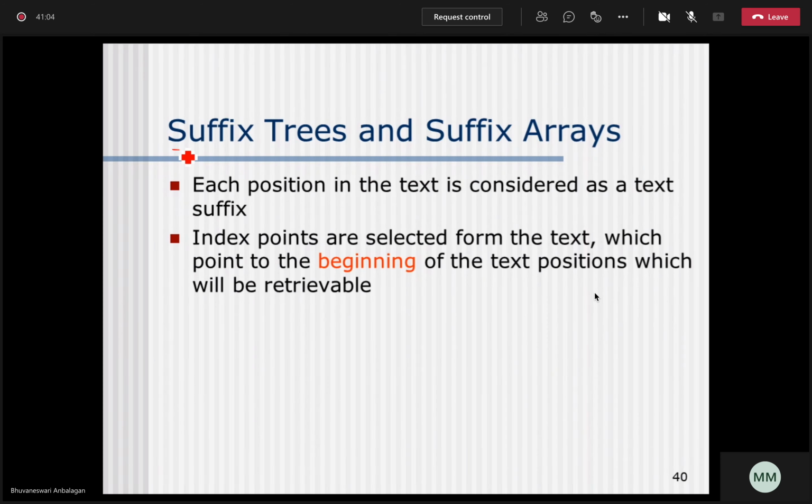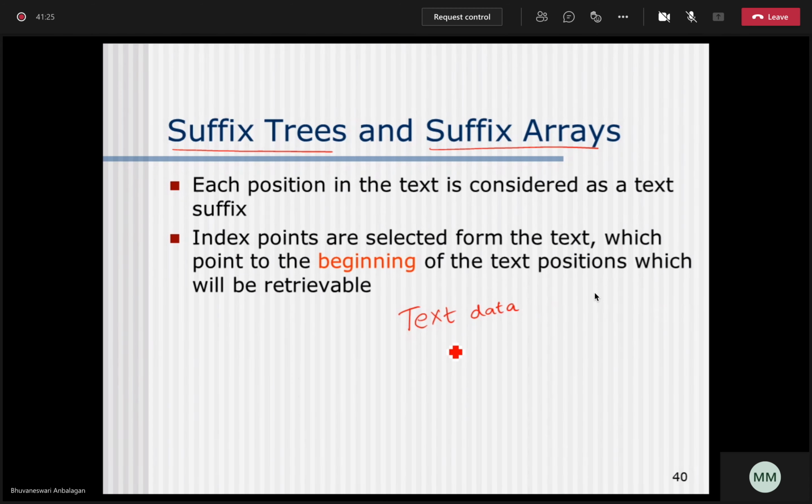Okay, so this is suffix trees and suffix arrays. This is also an alternate way of creating an easier way of identifying patterns in your text data. Dear students, in this particular unit we are dealing only with text data. Am I right?